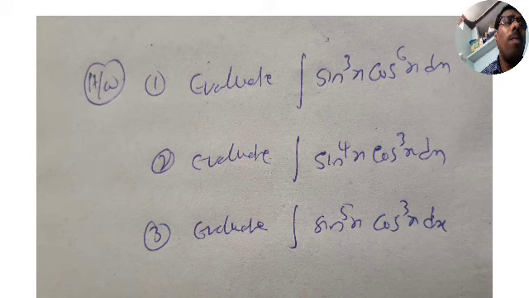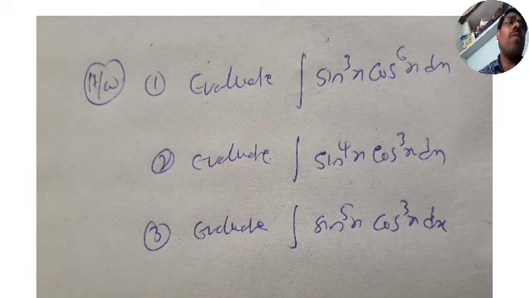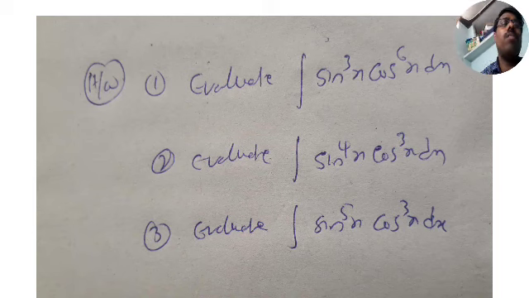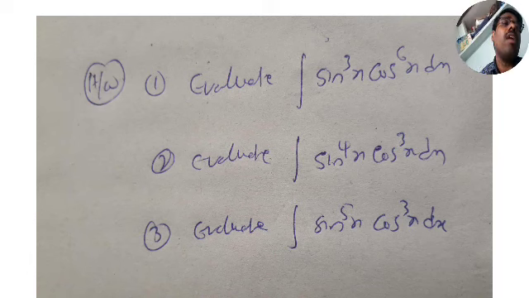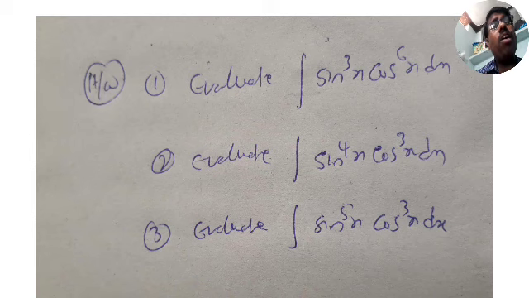Now third problem, evaluate sin power of 5x into cos power of 3x. Both the powers are odd, where sin power is 5 and cos power is 3. That is, sin power is more than cos power. Then put t is equal to sin x. In case both are even, then use the formula cos square a and sin square a formula. Sin square a is equal to 1 minus cos 2a by 2, and cos square a is equal to 1 plus cos 2a by 2. So this is the topic of how to evaluate integration of sin power of mx and cos power of nx dx.